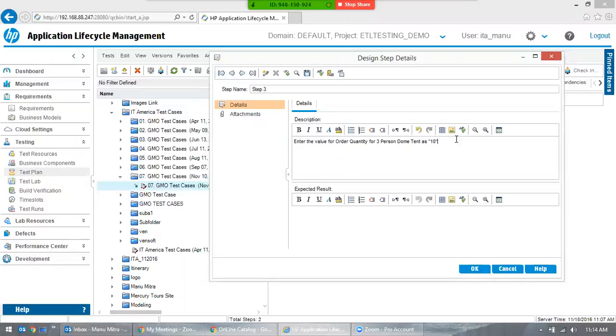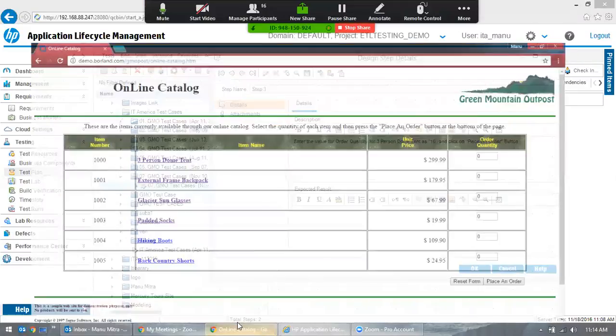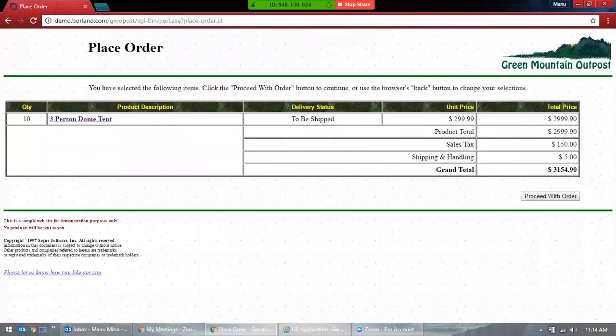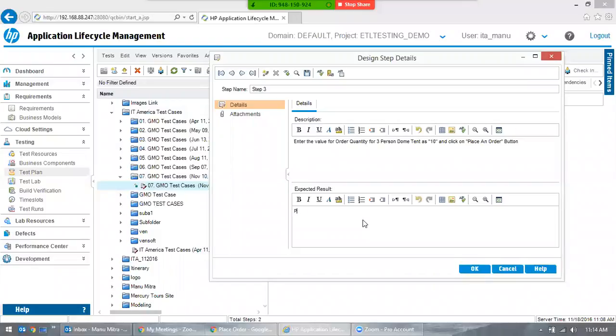Okay. And click on place in order. Okay. And click on place in order. So the place order page is displayed. Let's follow this. Okay. The page is redirected to